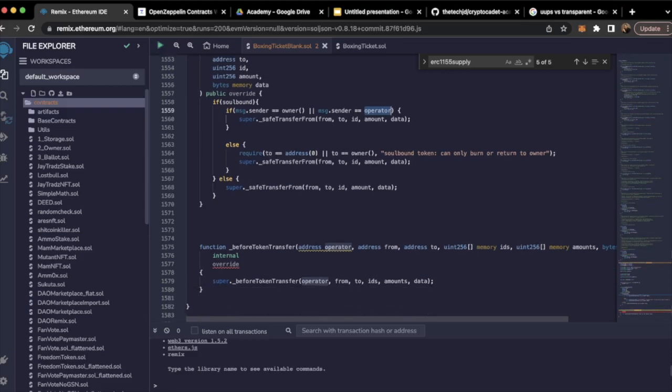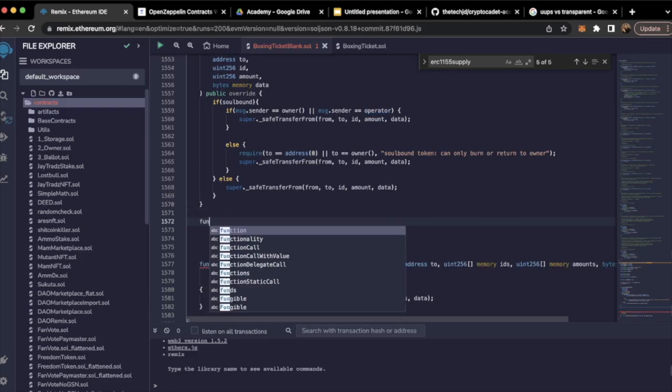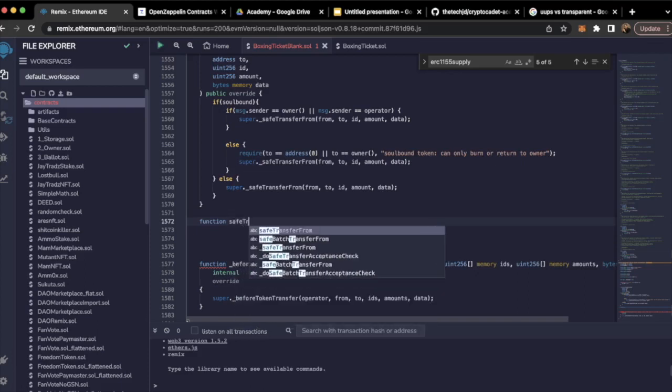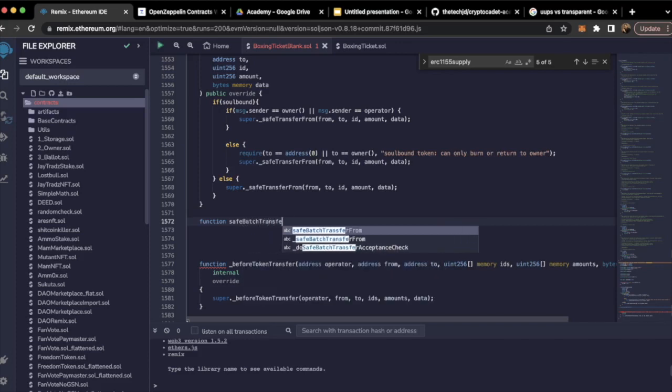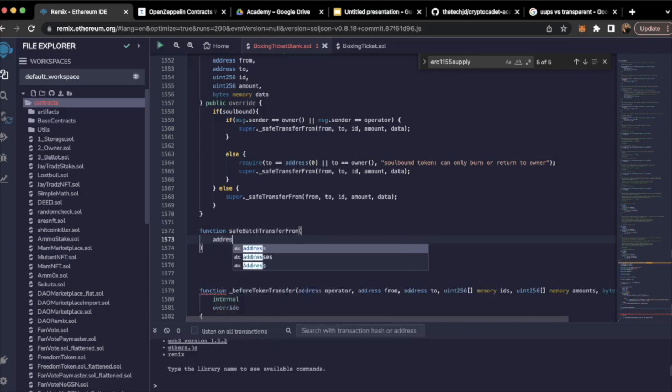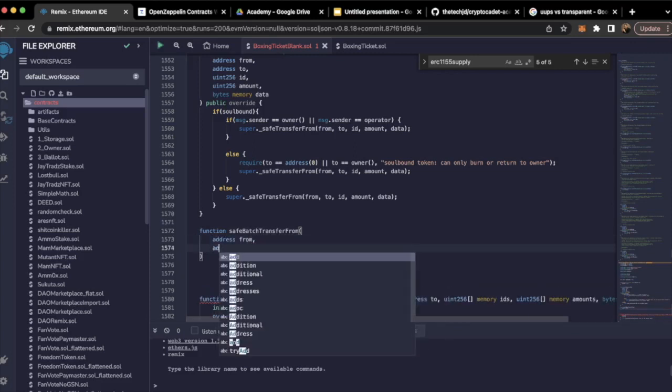Now there's one other thing that we have to add. ERC 1155s are a little bit different because they also have batch transfer. So you have safeTransferFrom, and you also have safeBatchTransferFrom. Batch transfer is just if you want to send an array of stuff, an array of different IDs, then you're able to do that too. The reason you want to override this as well